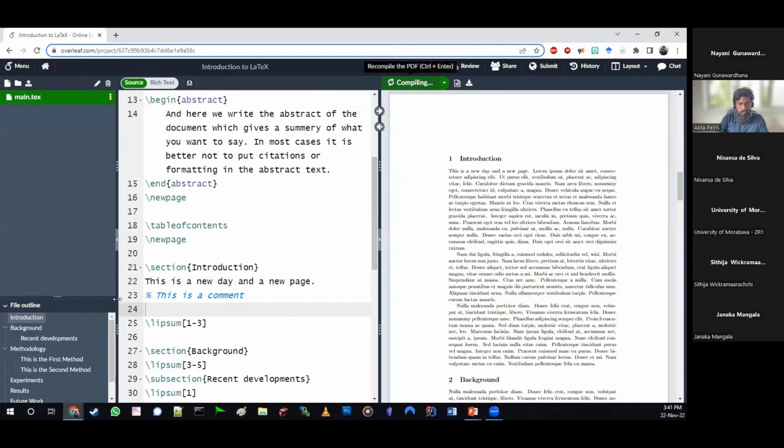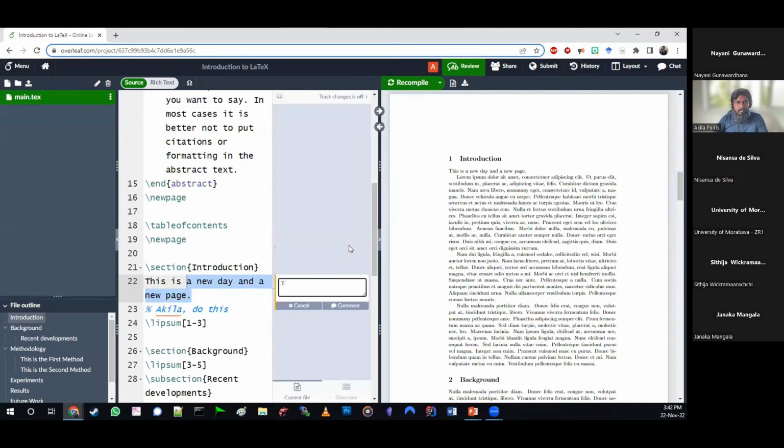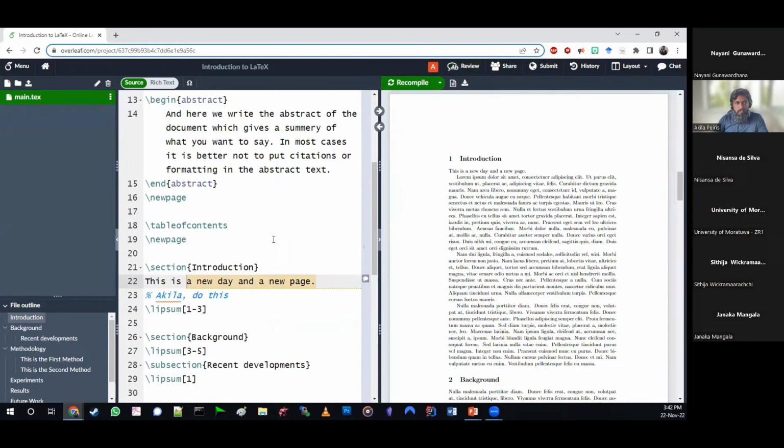So when you are working collaboratively, you can leave notes saying, Akila, do this, or we are going to do this in a certain way. Also, just like in Google Docs, you can put comments where the other person can refer later on. So basically, when I ask my students to write a paper, I review it. This is what I do. I leave comments at places, and then they can go there and work on it.